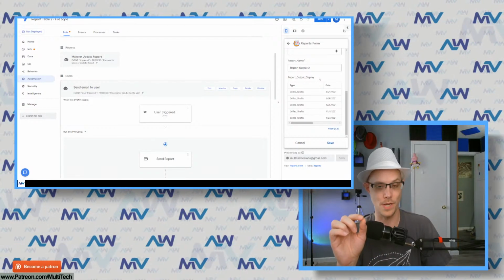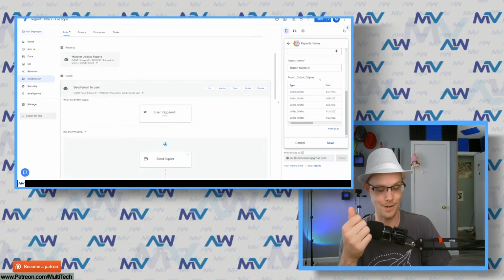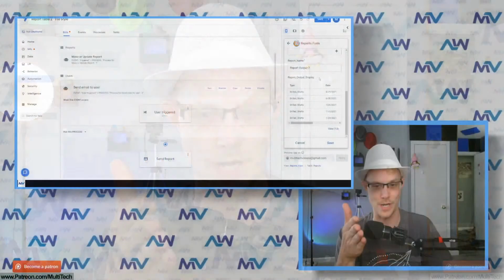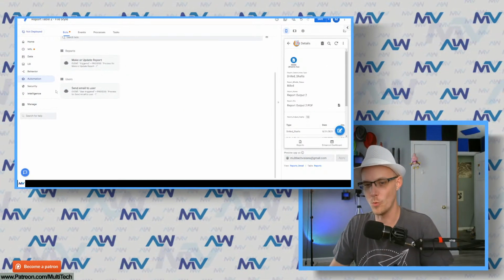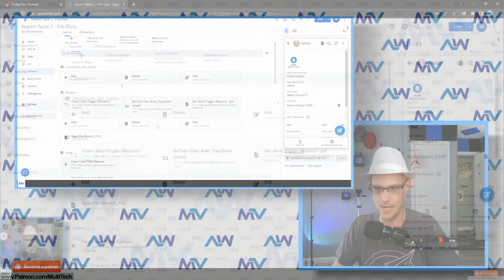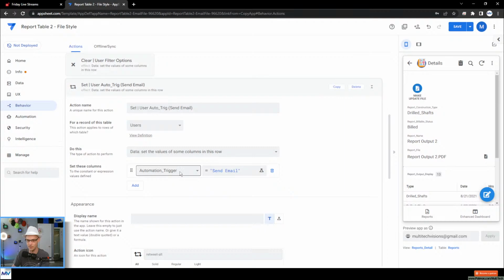But another way that I could do this is I could not use automation and just do it all through actions. I'm always trying to do things client side. You know what I mean? Like I'm always trying to get it straight to the user right away. So if we go back here on the user, I have this field where I say